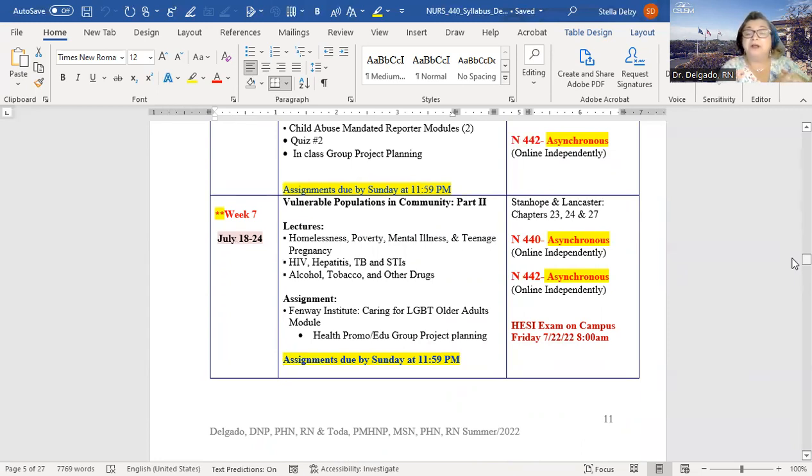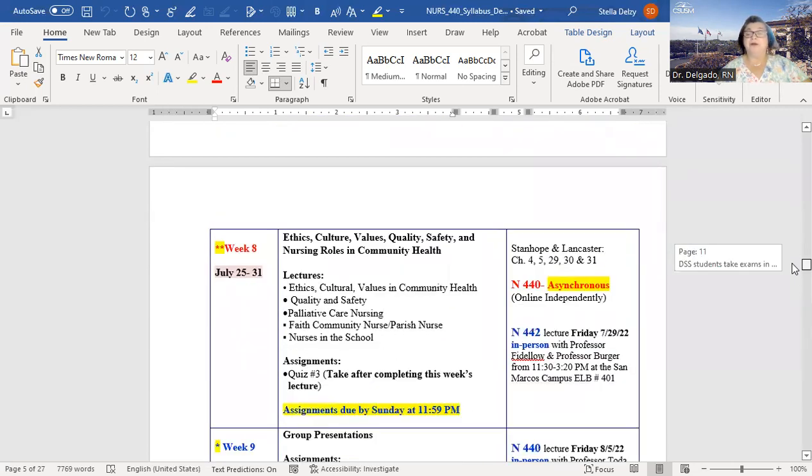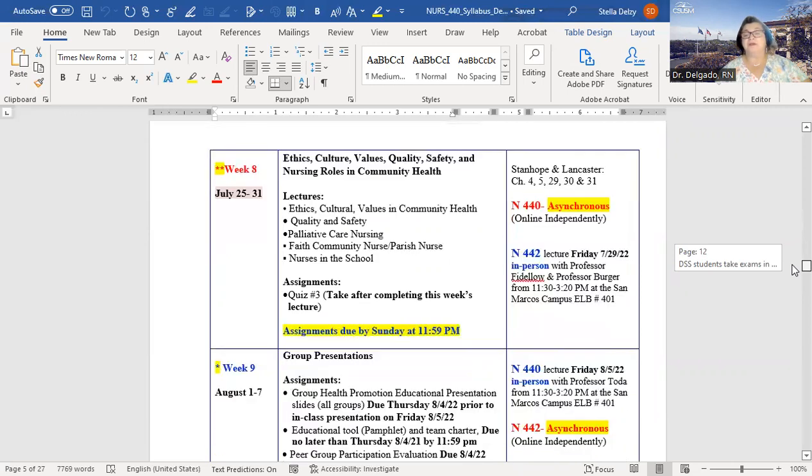And so because of the nature of this exam, and it is time consuming, we will assign that day for both N440 and N442 to be asynchronous online. So you will only be going to campus on that day to take the exam. Then the following week, you'll also be asynchronous because the day falls for the nurse case management course to be